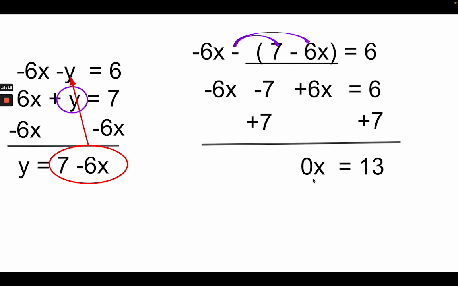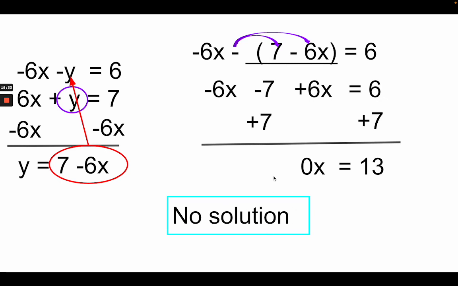So we're going to look at our x and understand that 0x is not equal to 13. And because we have a 0x that says it's equal to 13 and we know it is not true, we're going to say this is a no solution. No solution. So one way that we can see that is back here. If I was to change the signs, we would have seen that we had the same slope, right? And same slope means that it is parallel, also no solution. So when we have a 0x equal to some number, we know that it is not true,